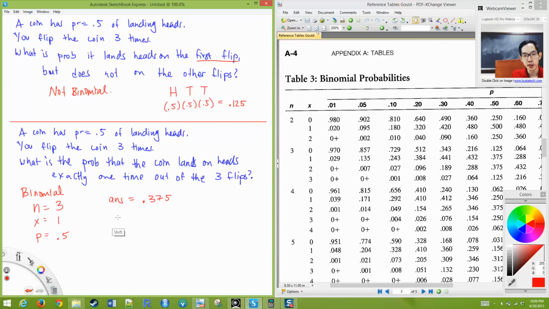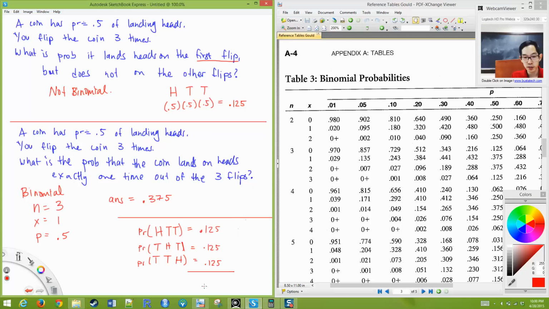Okay? Now you don't have to worry about figuring out all the different orders. That's the beauty of the binomial table, is that it figures out all of the orders for you, does all the math for you. You just have to say, oh, this is a binomial problem. I'm going to look this up in the table, and it gives you 0.375. But we can kind of see how we might get 0.375 ourselves if we listed out all the ways we can get exactly one heads out of 3 flips. Okay? So make sure you can tell the difference between these two, because you might, well, you probably will see